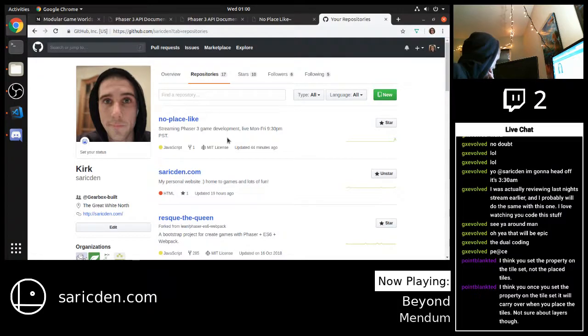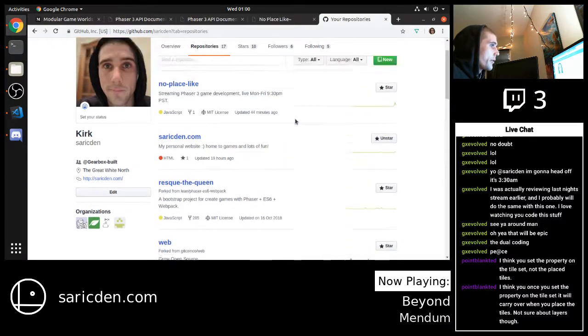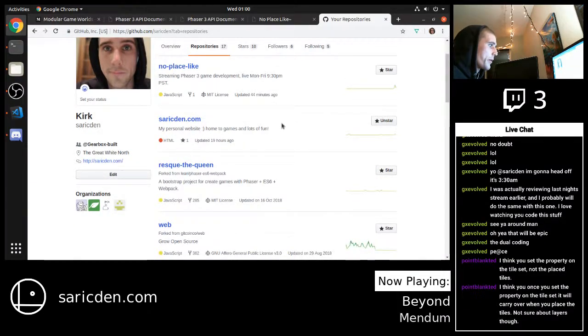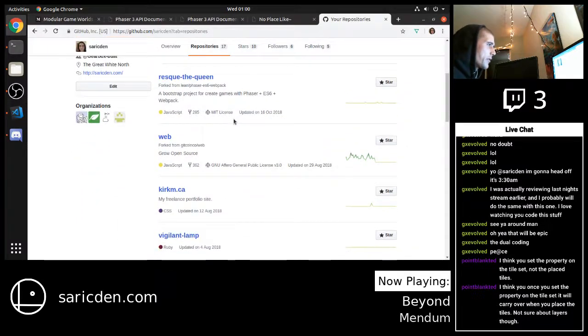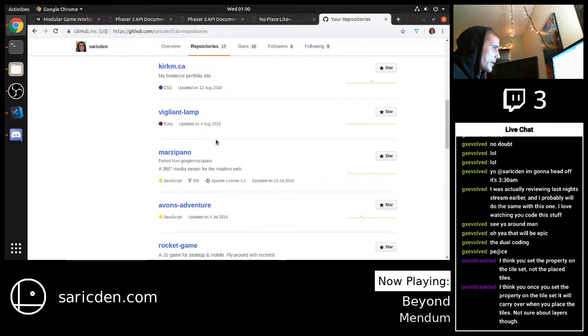Oh, Point Blank Ted, you said you think once you set the property on the tile set, it will carry over when you place the tiles. Not sure about the layers though. Okay, I think I gotcha. So it would almost be like a matter of setting up the properties first and then maybe drawing out the map with them already set, and then yeah, I don't know. Kind of makes sense. Anyways,